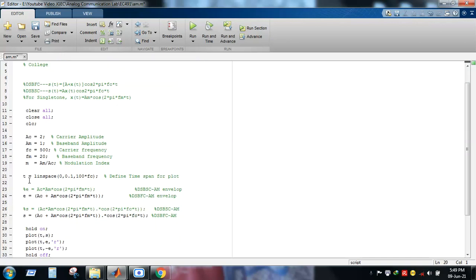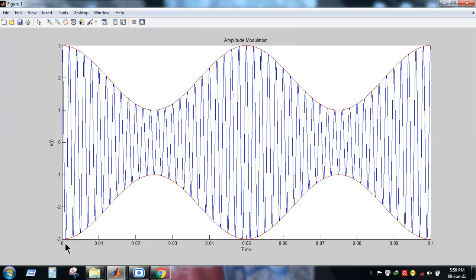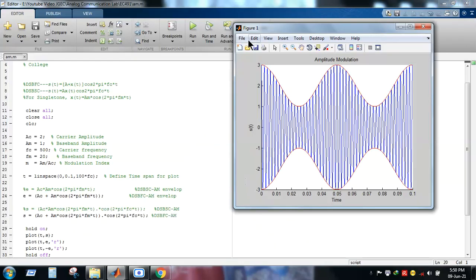Now whenever we try to plot any signal, we need to define the starting point and end point. So by using this command, t equal to linspace, 0, 0.1, we are starting at 0 second, and it will go up to 0.1 second. Let's run it, then you can easily understand that. You can see that this is the starting point 0, and this is another 0.1 second. So this is the corresponding output. However, in between them there is a large number of values that need to be calculated.